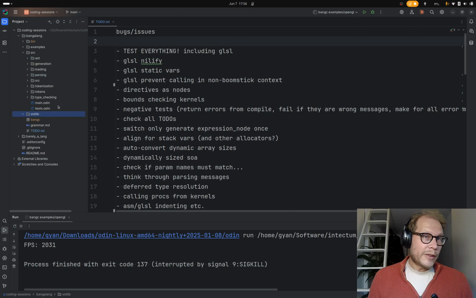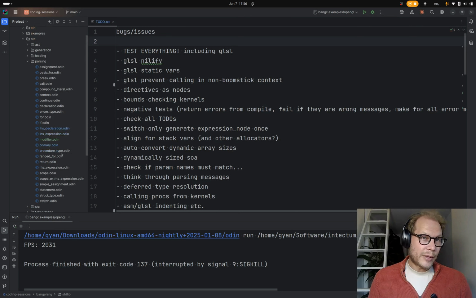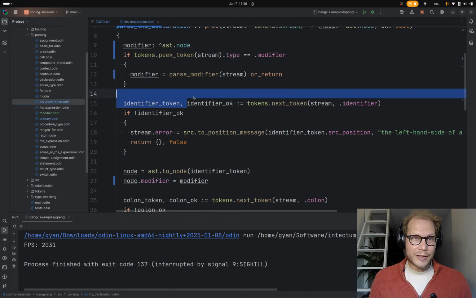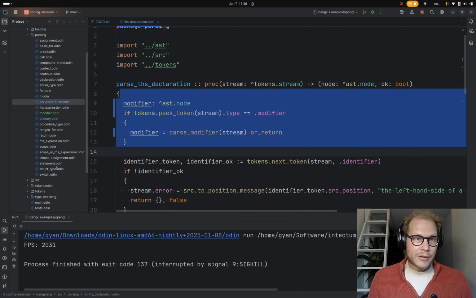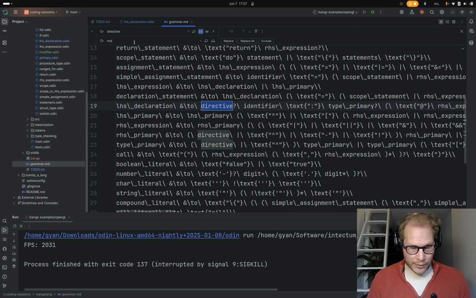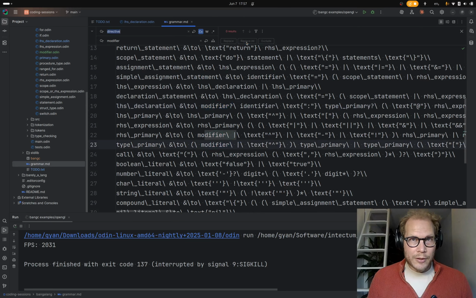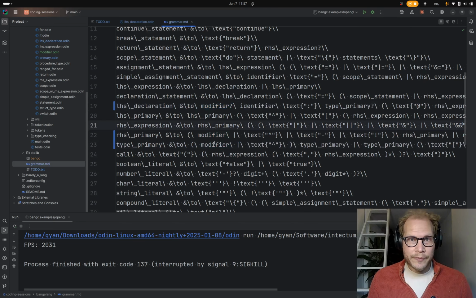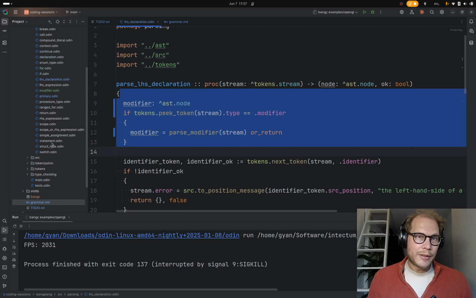So to find out where they can appear, we can go back to our parsing and we can see it was left-hand side declaration. I mean, the grammar also says it, right? Which says directive still, so I'll change that to modifier. So primaries can have them and left-hand side declaration.